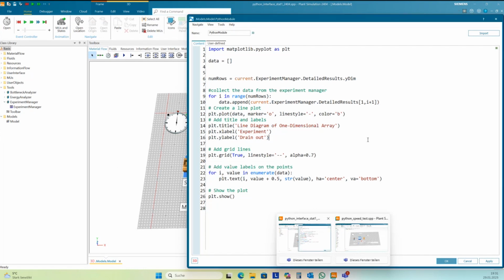You have access to the complete ecosystem of Python here, and can create charts. You can also create a byte output and write files from this chart, and so you can include these charts into the HTML report.